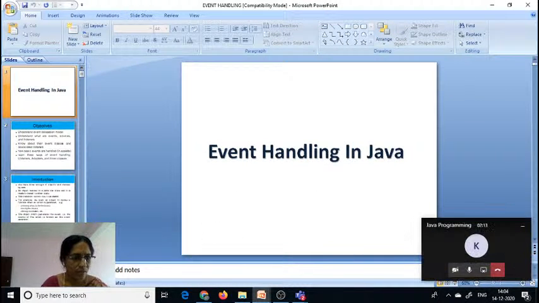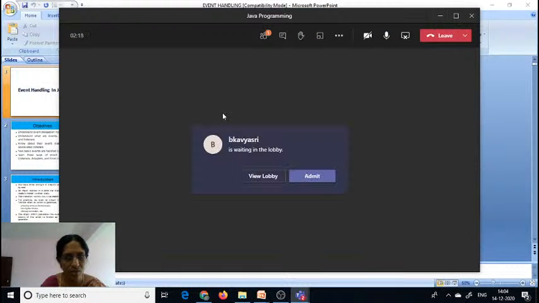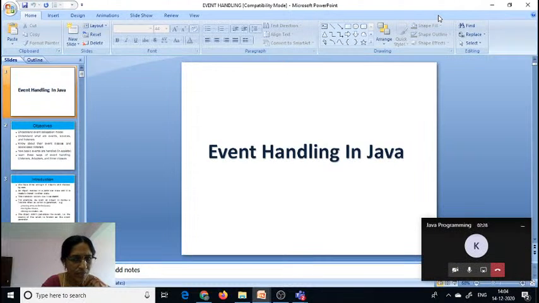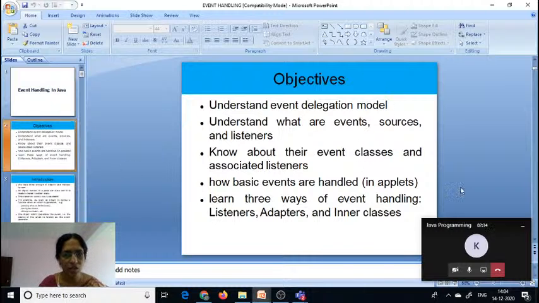This event handling mechanism is also called the event delegation model. And what are the different types of events? How are these events working and where are these events used? This is what we are discussing now. First, we can discuss the objective of this event handling